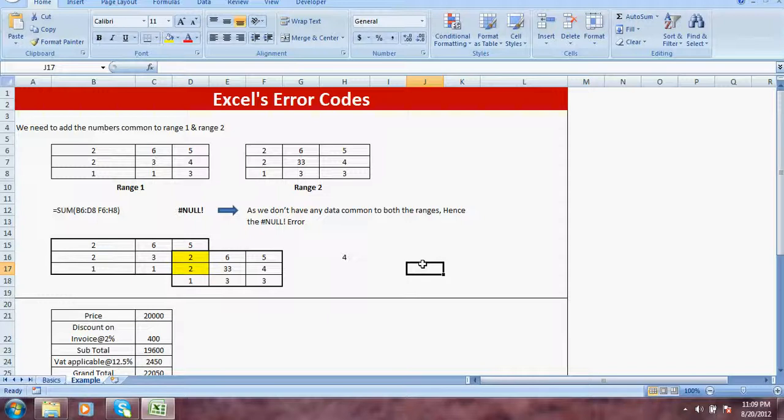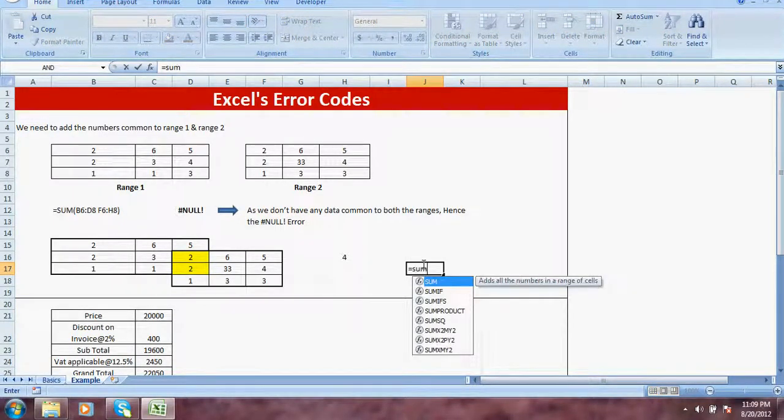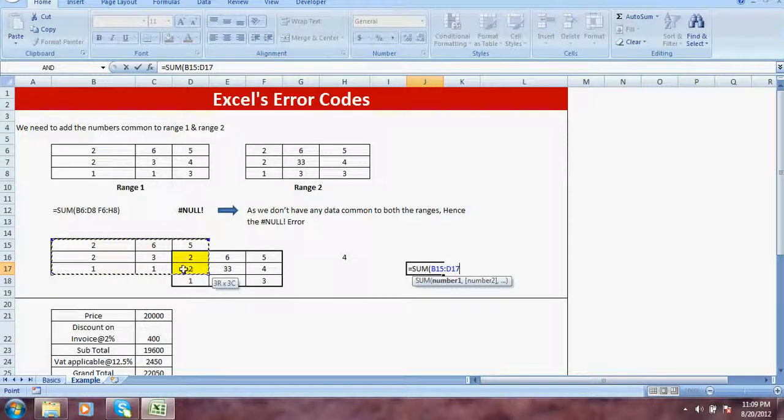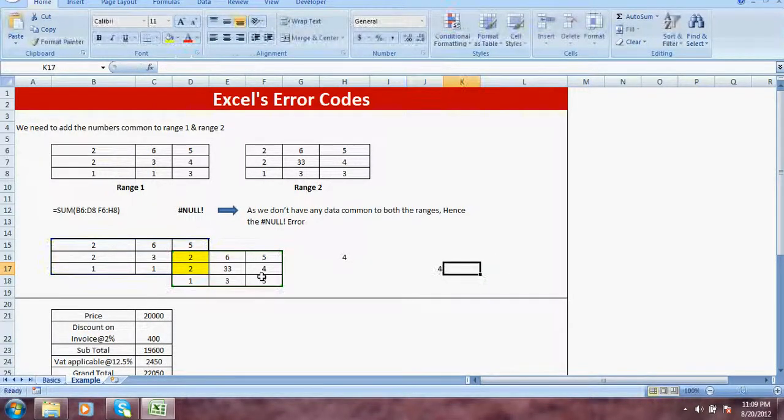Just press equal to sum tab, select the first range complete, then spacebar, then select the second range, close the brackets and press enter. So we got the answer as 4, which is the sum of the intersection of this range and this range. So you have to press a space bar.